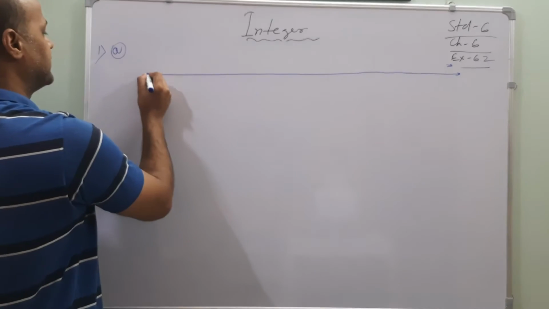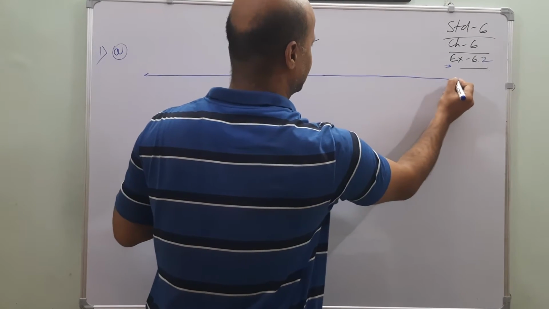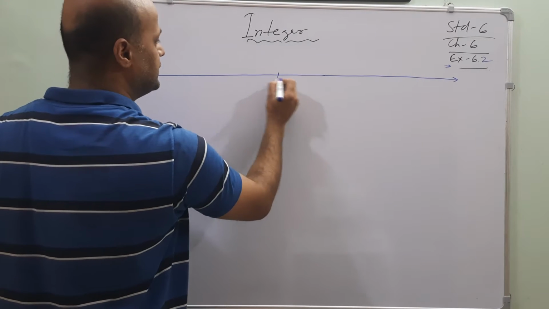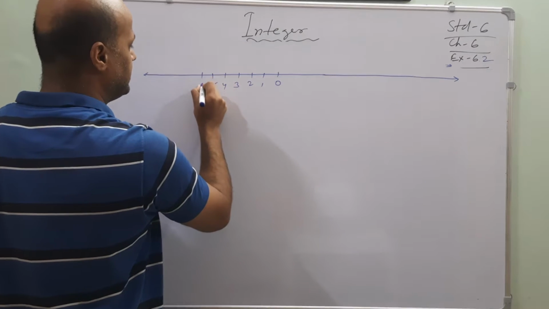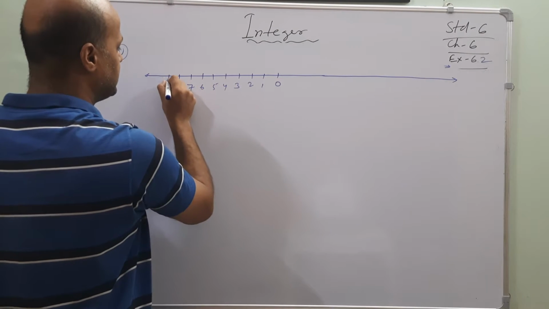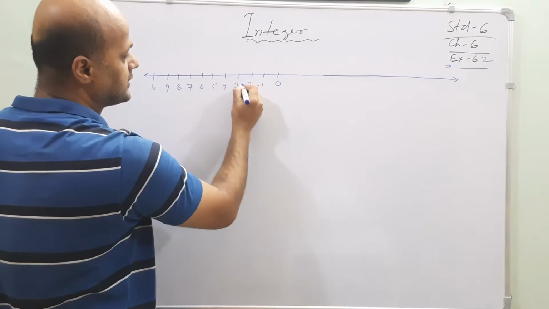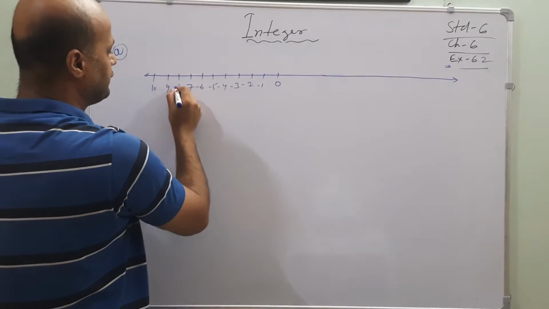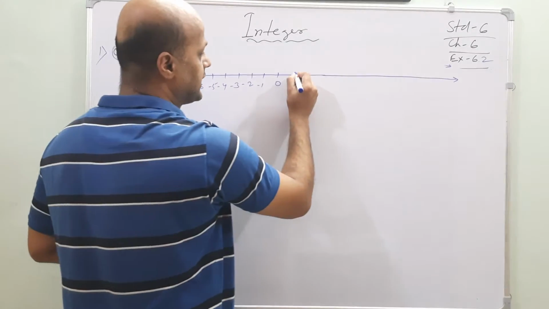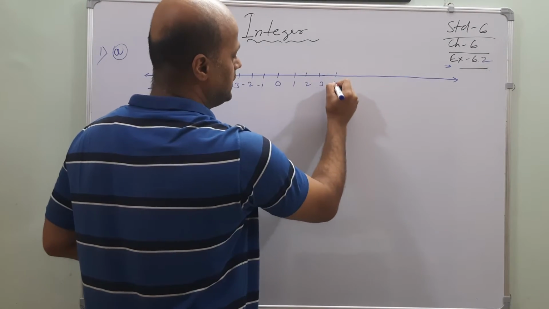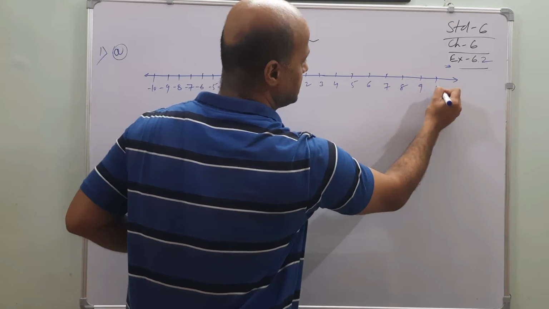It is a little bit good. Okay, or I will erase this one from this side. Okay, now 0, 1, 2, 3, 4, 5, 6, 7, 8, 9, 10. Because it is the left hand side of the 0, it will be minus. All of them are in minus. Don't be confused. Okay, sir, why are you not putting minus symbols? Okay, on the right hand side, all of them are plus sign. 1, 2, 3, 4, 5, 6, 7, 8, 9, 10.